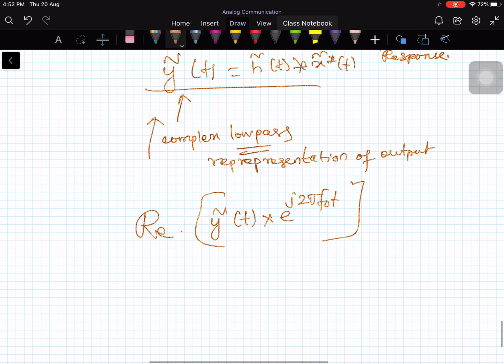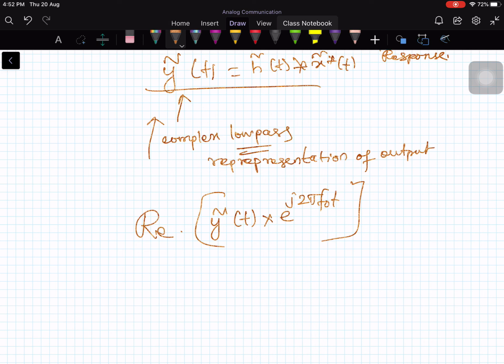So totally I can avoid working with the band pass signals, even though my basic interest is working with band pass signals. One has to work with band pass signals and a band pass system in communication systems. But if you work on a band pass system with a band pass signal, then it involves a lengthy calculation and many very complex integrals. So to avoid that, you work with the low pass version of the band pass signal and the low pass version of the band pass system's impulse response.